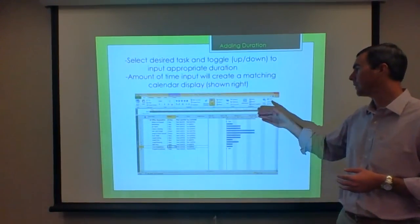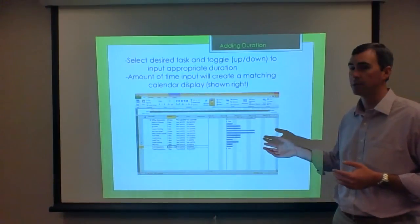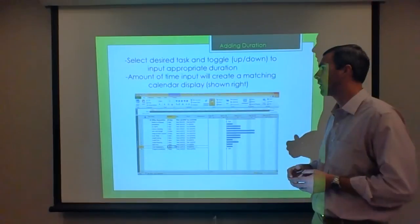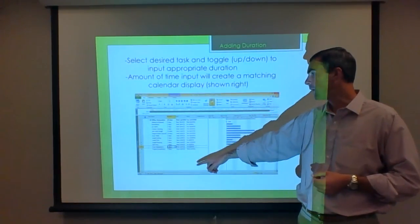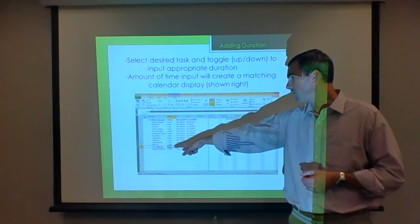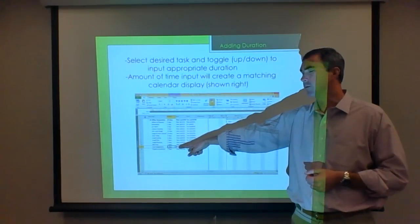So the next step is to go through one of 2 methods. There are 2 methods to add durations to the activities. And the first method that we're going to discuss is underneath the duration column. For each one of the activities, you'll simply highlight the duration cell, and then there will be an up and down arrow that you'll use to